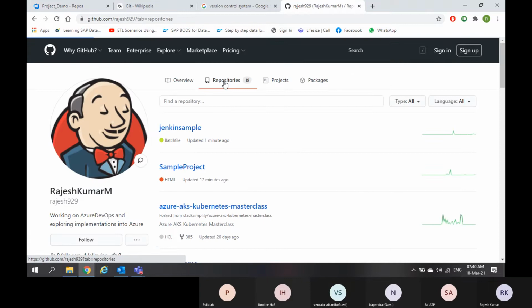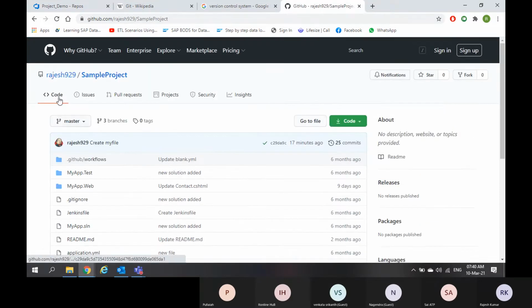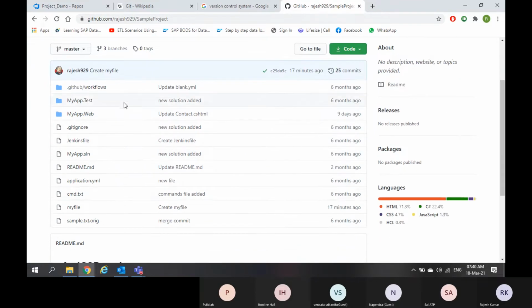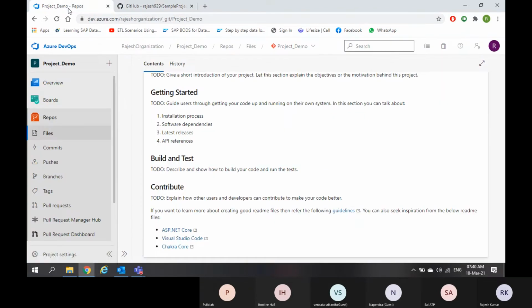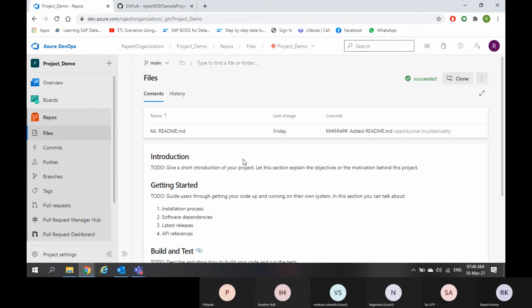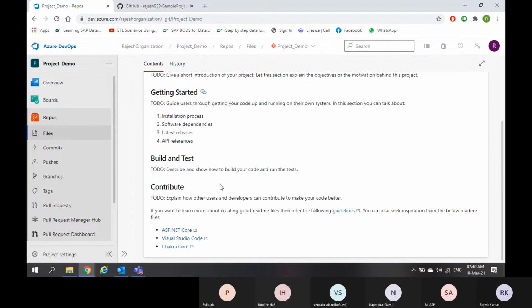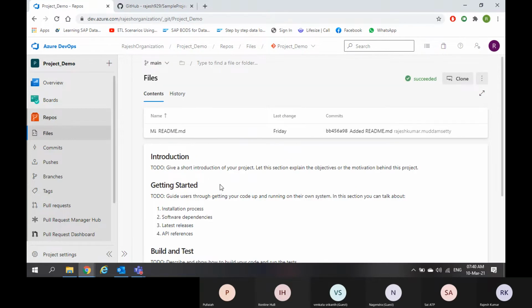So if I go inside a repository, the first one is code. Code is nothing but what all the contents we have in your repository. In the same way, the first one in Azure Repos is files. Files is nothing but the contents, what all you have in your repository.